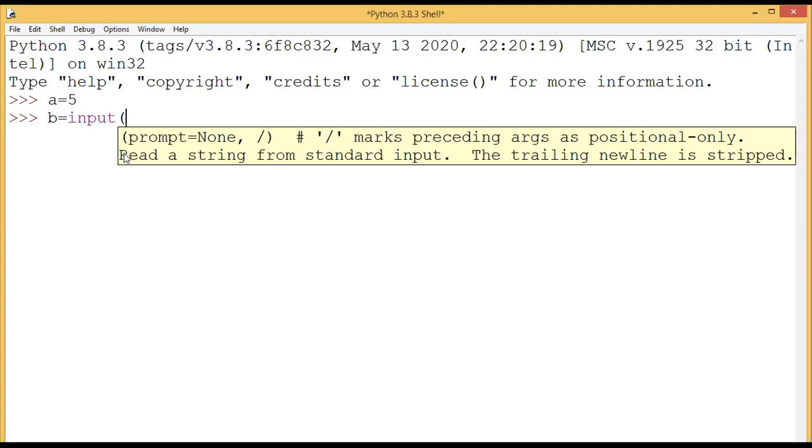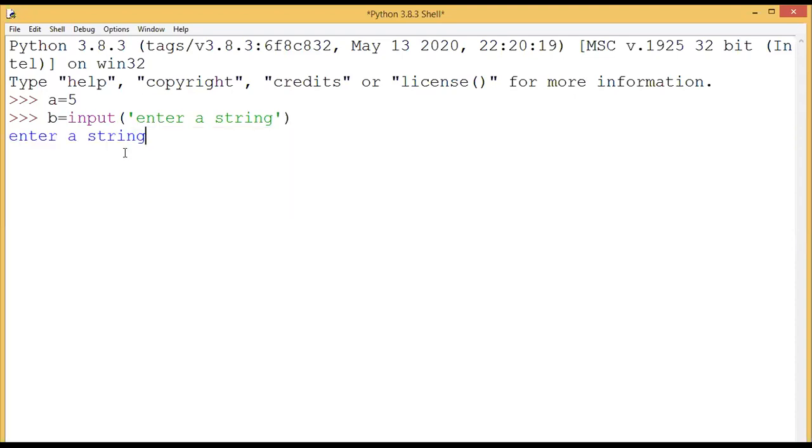If you give just input, it will take a string as input. Otherwise you can specify a prompt, like enter a string or enter a name. If you give it like this, it will get input from you. I am going to give Python.